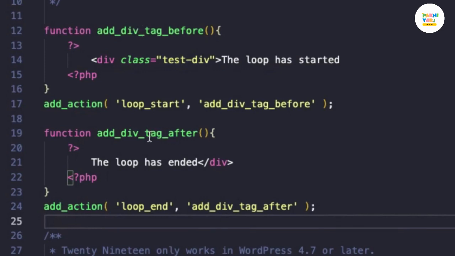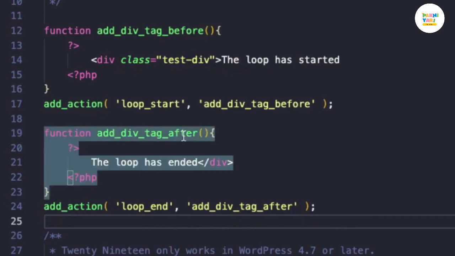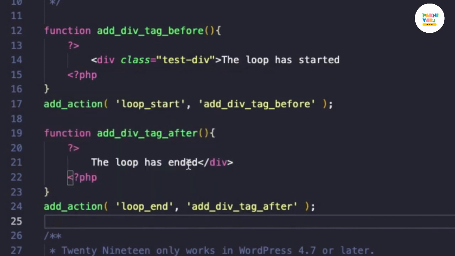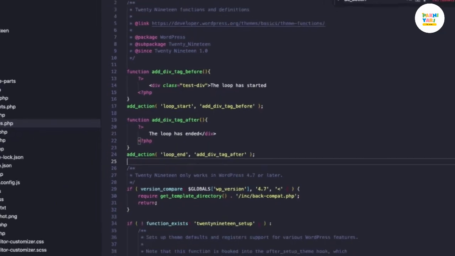So here they are. You can see that the first callback does nothing more than add the opening div and a text saying that the loop has started. And the second one is right here. It closes the div with a message saying that the loop has ended. Notice though that these functions are not returning anything. When the hook is available, they will just stop the code, execute this portion of the code here, and this one here, and then return to the code flow where it left off. Now back at the front end,